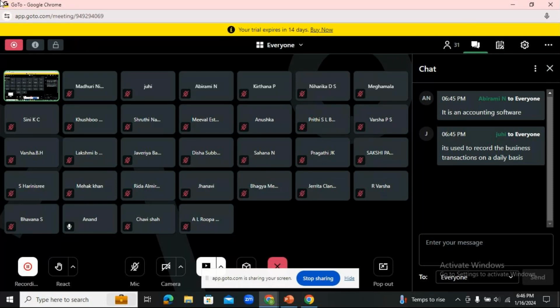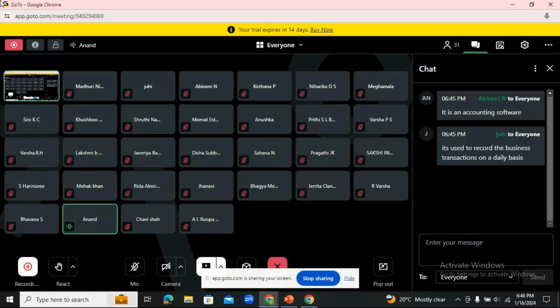So a short introduction on the Tally Prime software. Before the Tally Prime software came up, we had a lot of hands-on experience working with Excel. Of course, even now, Excel has an upper hand.